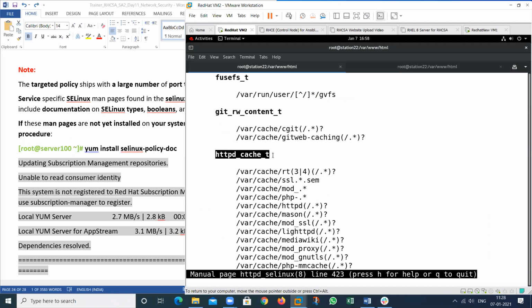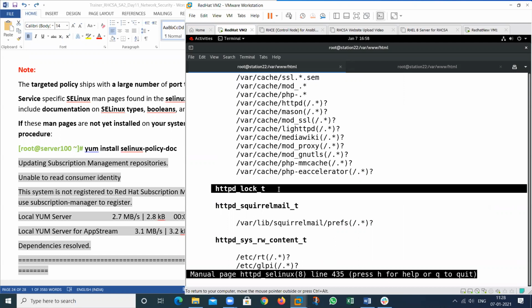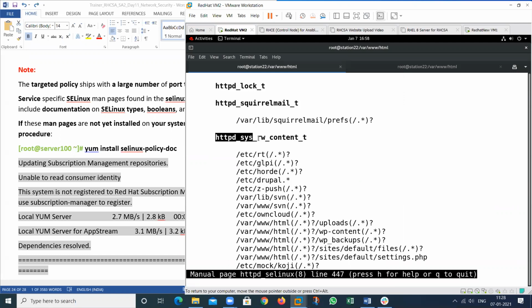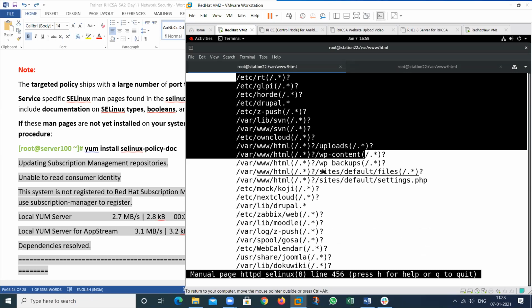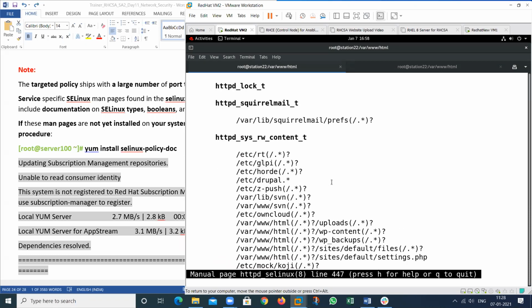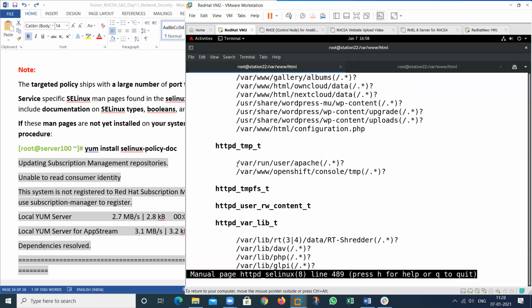So this is for HTTP. These are the locations. This is the script. This will tell me about all of these things. This is about the httpd_sys_rw_content_t. These are the services, read write. In these locations, which type of permission do I have? Read write permission. In which particular location? These locations have these types of permissions by using SELinux. So SELinux will allow these.